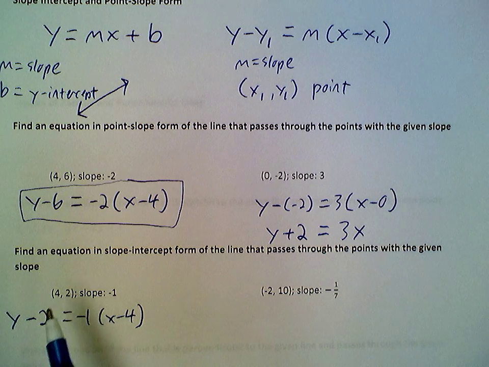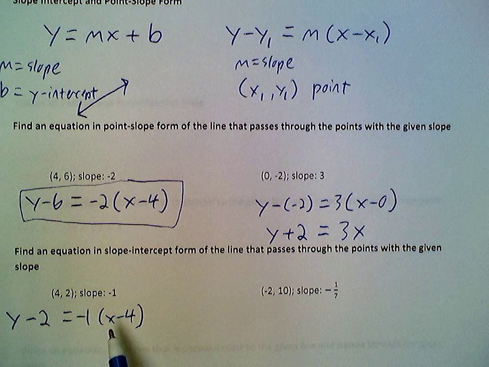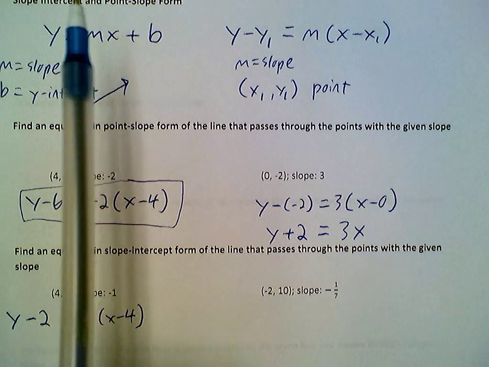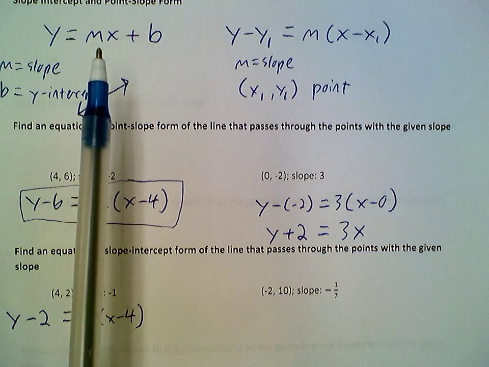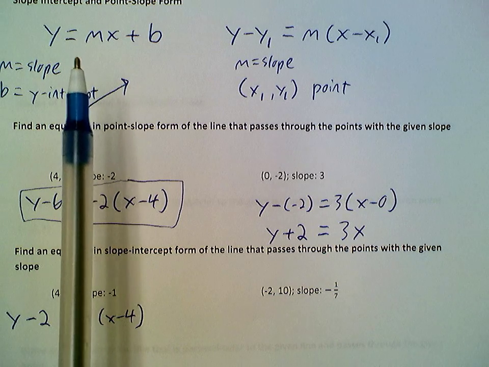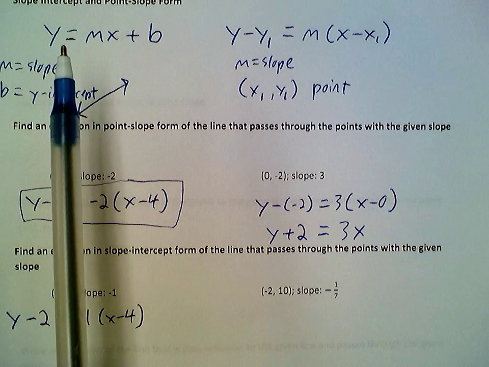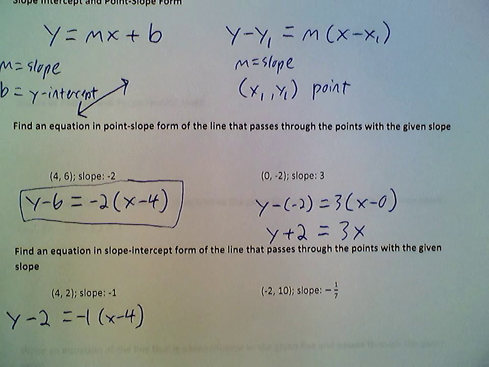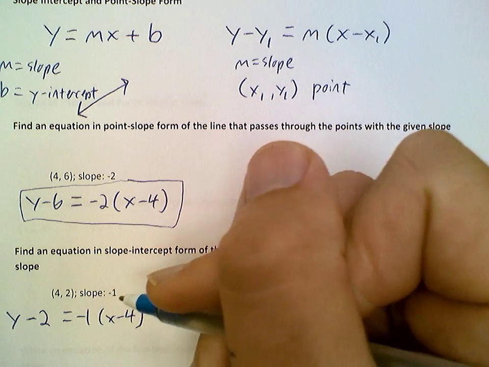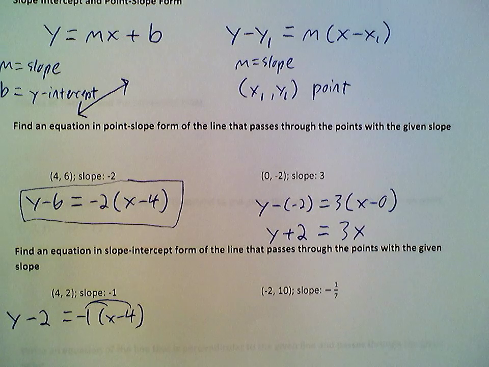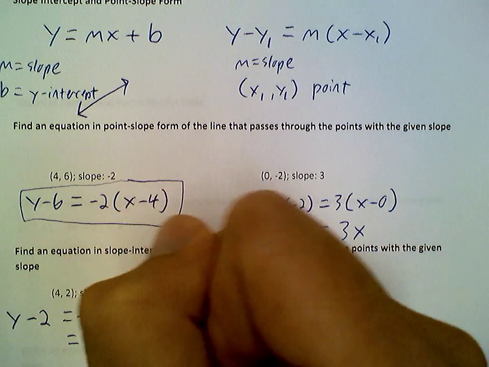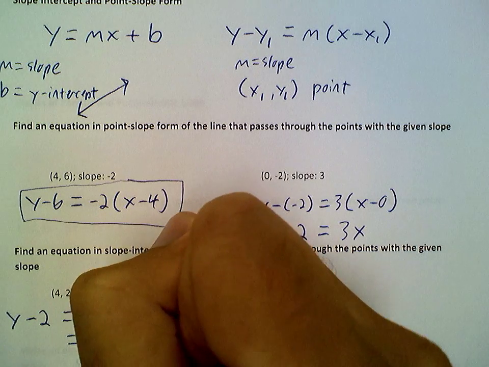Now you'll notice this is in point slope form, but to get it into slope-intercept form, all I've got to do is make this equation look more like this one. So basically that means simplify it and get the y part by itself, which is pretty easy, because I've got this slope here and I'm going to distribute it. So I'm going to distribute this negative 1 across. So I get negative x plus 4,